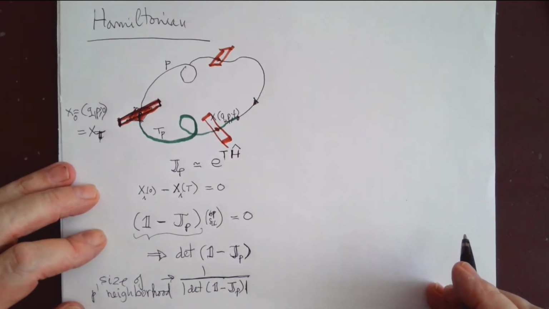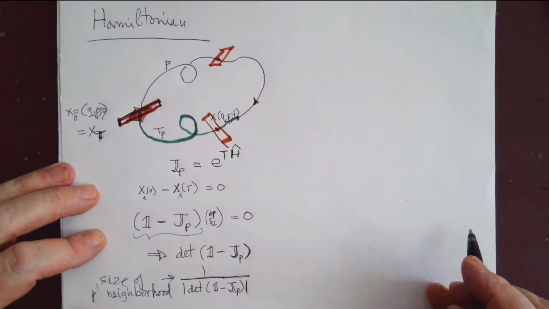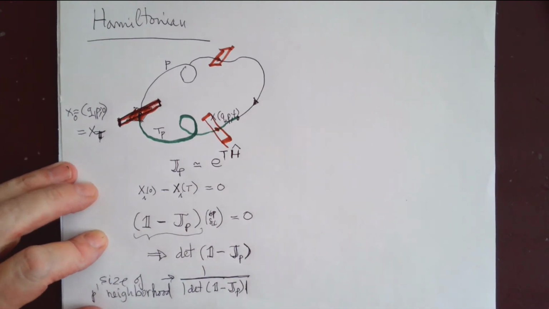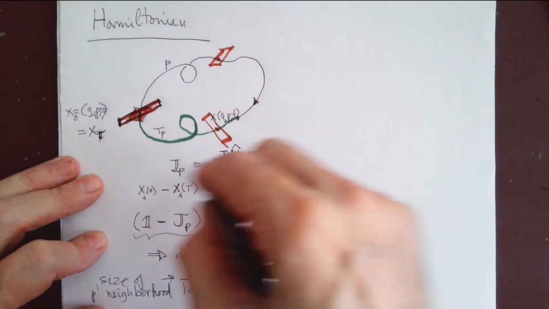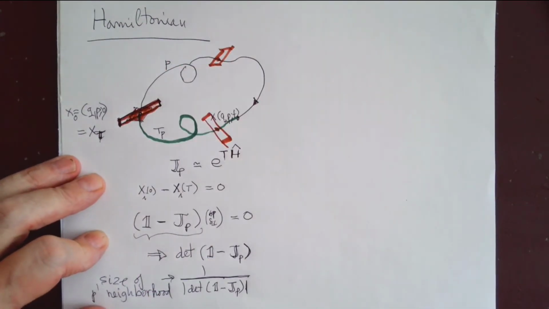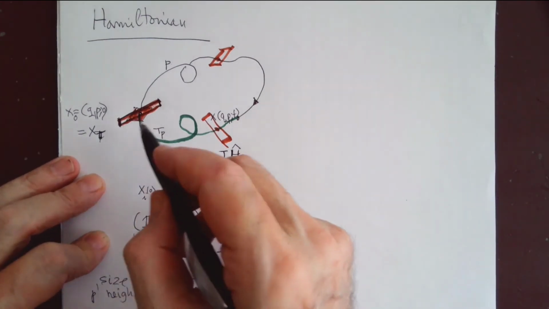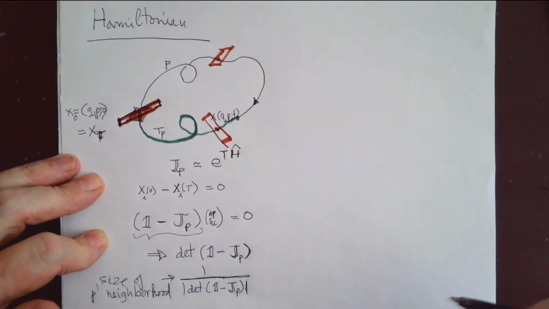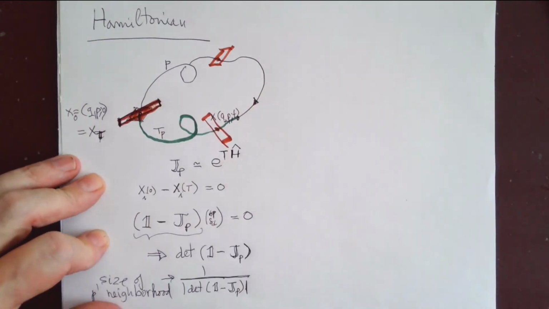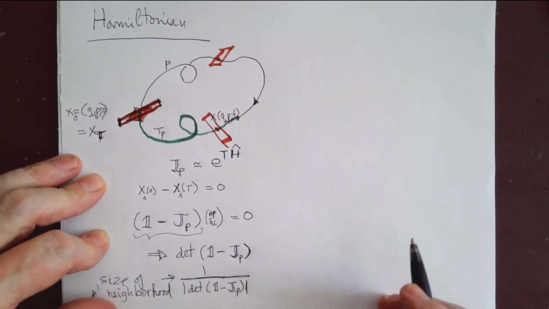And this is the size of the p-orbit neighborhood. And this is a very important object because this essentially tells you which fraction of initial trajectories after one period still can be identified as belonging to this periodic orbit. And this neighborhood can be